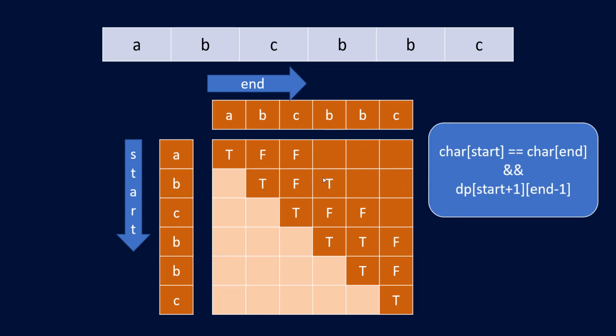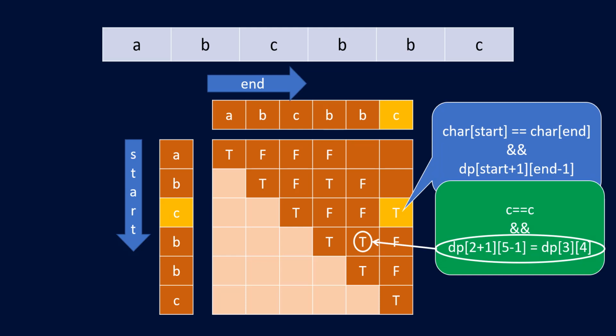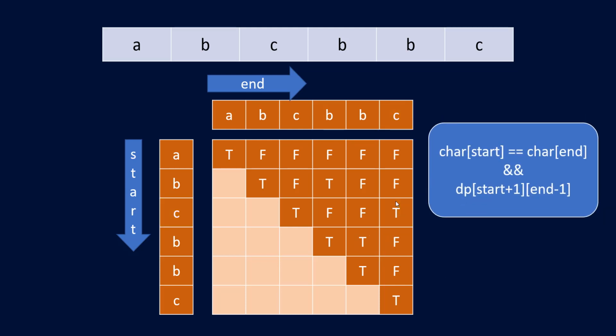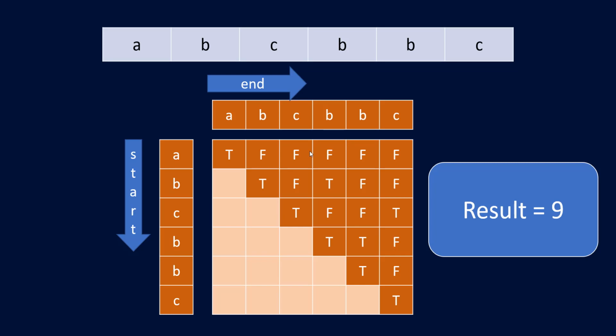Moving forward and filling everything, we get this. Again, if we try to see for this particular case, that is from this C to this C, we have this particular substring and my start and end are equal, and my middle string, that is dp of 3, 4, which is this. So this is also true, that is this is also a palindrome, so the whole substring is also a palindrome. If you fill the remaining matrix, you will get this particular result. Now, while you are putting true, you need to also increase the count variable that you will be having. And after you do that, your result will come out to be 9.